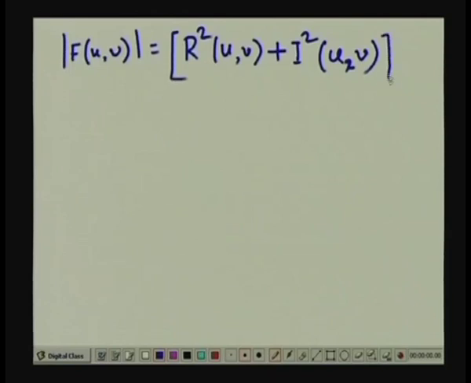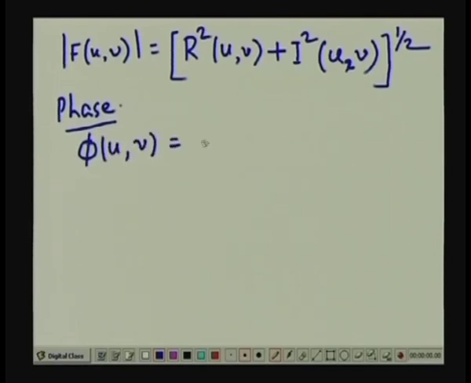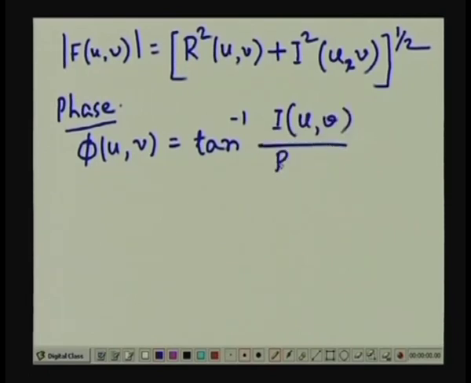So, this is the Fourier spectrum of the two dimensional signal f(x,y). We can get the phase angle in the same manner. The phase angle phi(u,v) is given by tan inverse of I(u,v) by R(u,v),